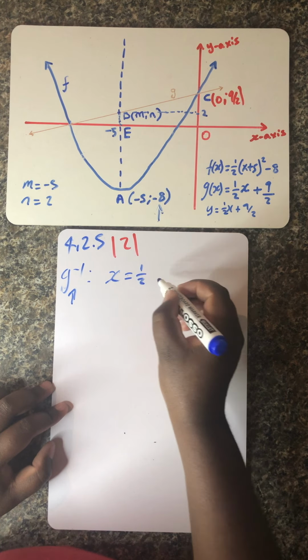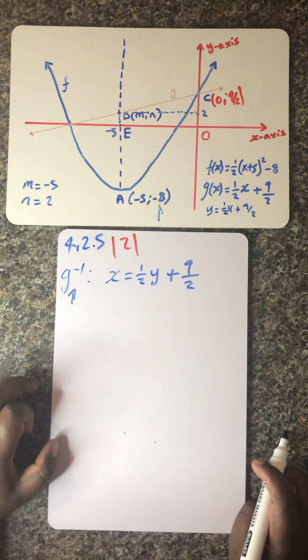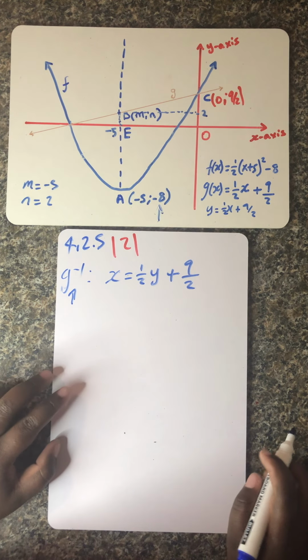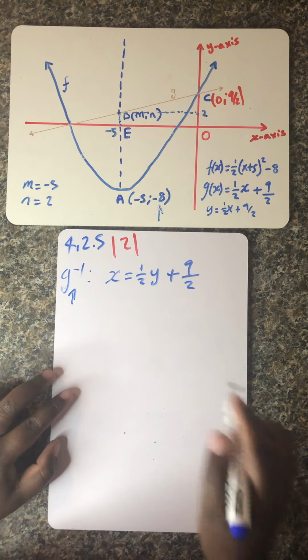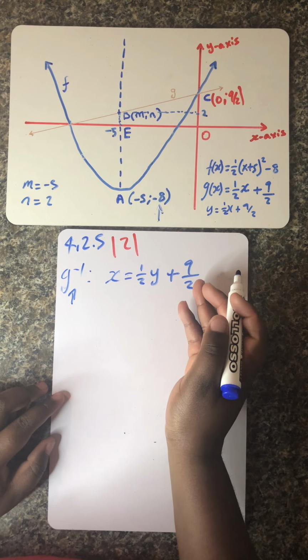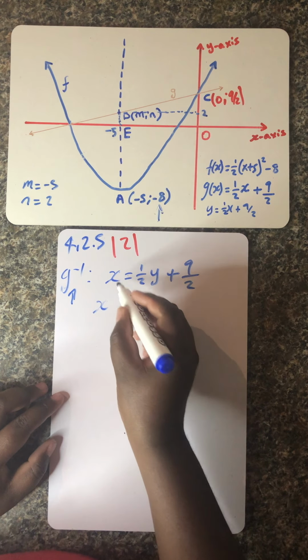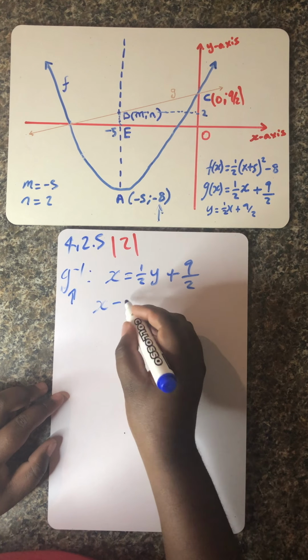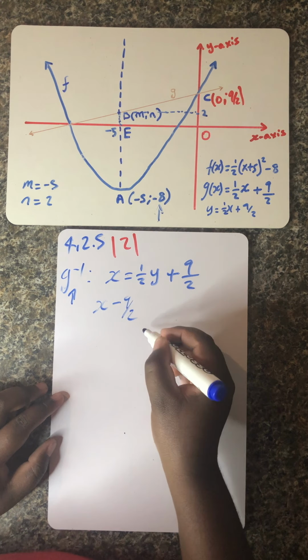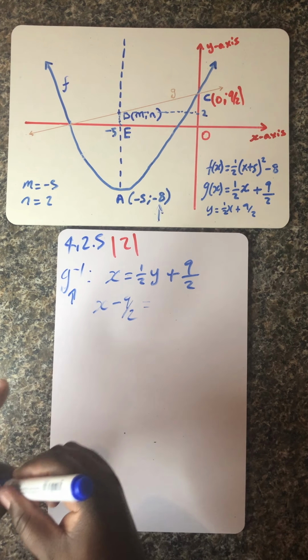You just swap this x and y. And then from there, what they want you to do is to then write it in the form of y is equals to something, okay? So let's see. It's more like you're making y the subject of the formula, okay? You will obviously move this to the other side. Then it means it's x, it's already there. Then this will be minus 9 over 2, which is equals to a